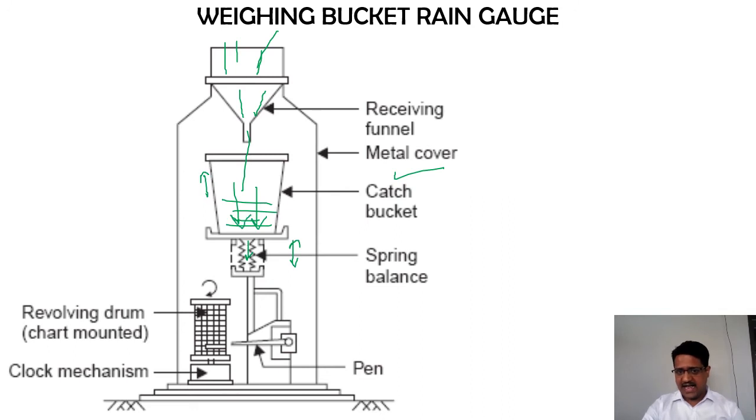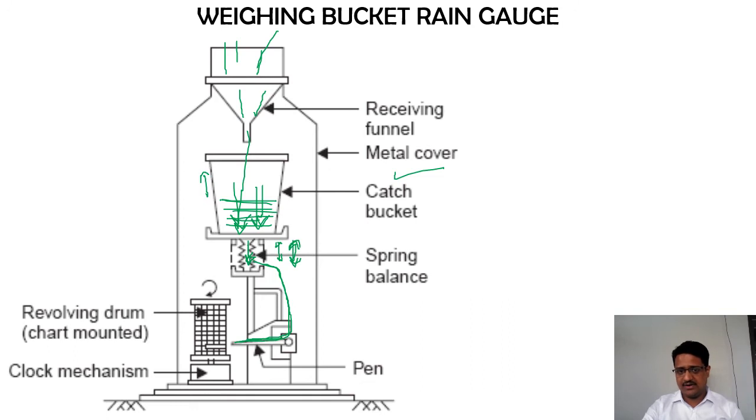As this weight is applied, the spring movement, that is, the reduced spring height because of the load applied from the top, is converted into the movement of the pen. Based on some electronic circuit and mechanical actuators, however much the spring has reduced in length or height, the same quantum of pen movement will occur, with certain calibration. So with this movement of the pen, we understand how much water has been collected here. I hope you got that point.